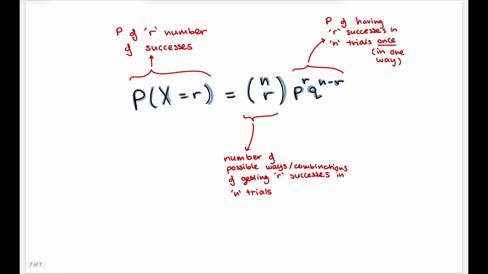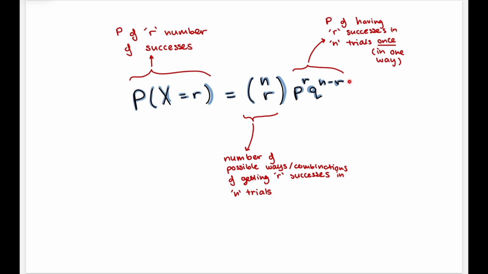So if we put that all together, we're going to see what this formula is really saying, and I think it's really key to understand this, because once it makes logical sense, it's really hard to forget. So what we're saying is that when we're trying to find the probability of having our number of successes within n trials, all that we're doing is multiplying the probability of having our successes in n trials if there was only one way to achieve this, times the number of ways,